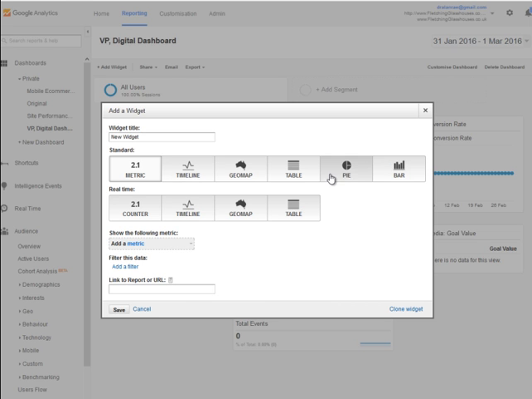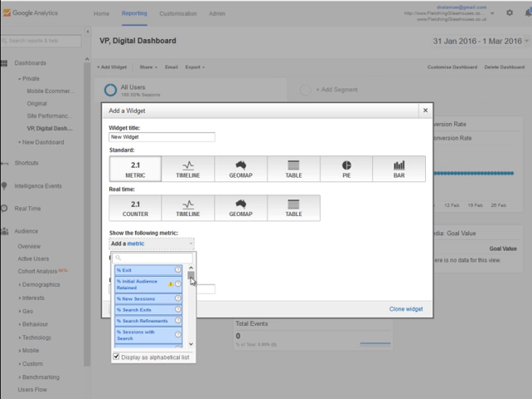I can set it up as a bar chart, a pie chart, a table, a timeline, a metric, or a geomap. And I can choose from a whole range of different metrics here. So percentage of people exiting, new sessions, AdSense, click through, a whole raft of things really. But let's say for the sake of argument that what I want to look for,